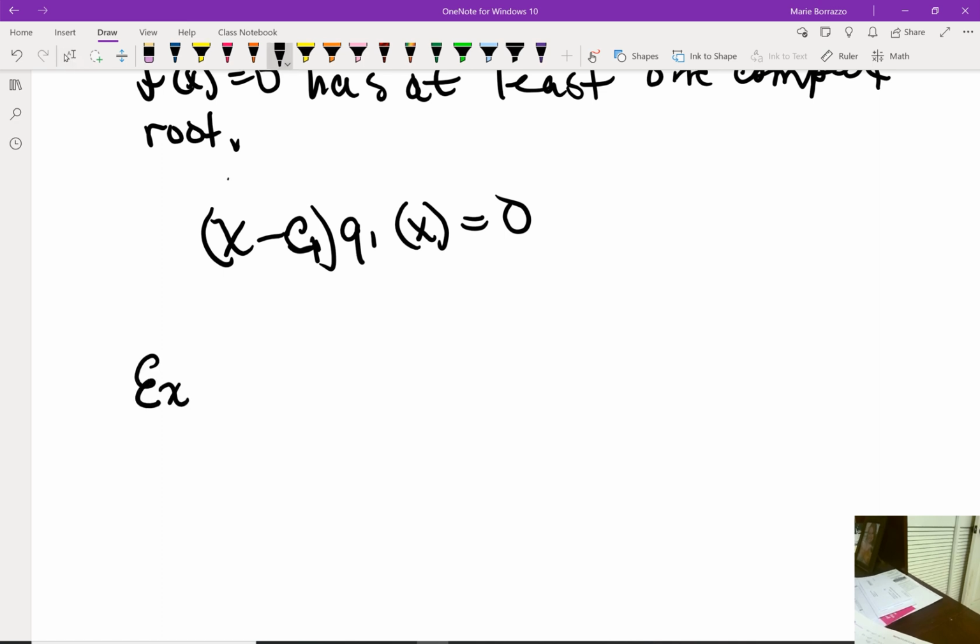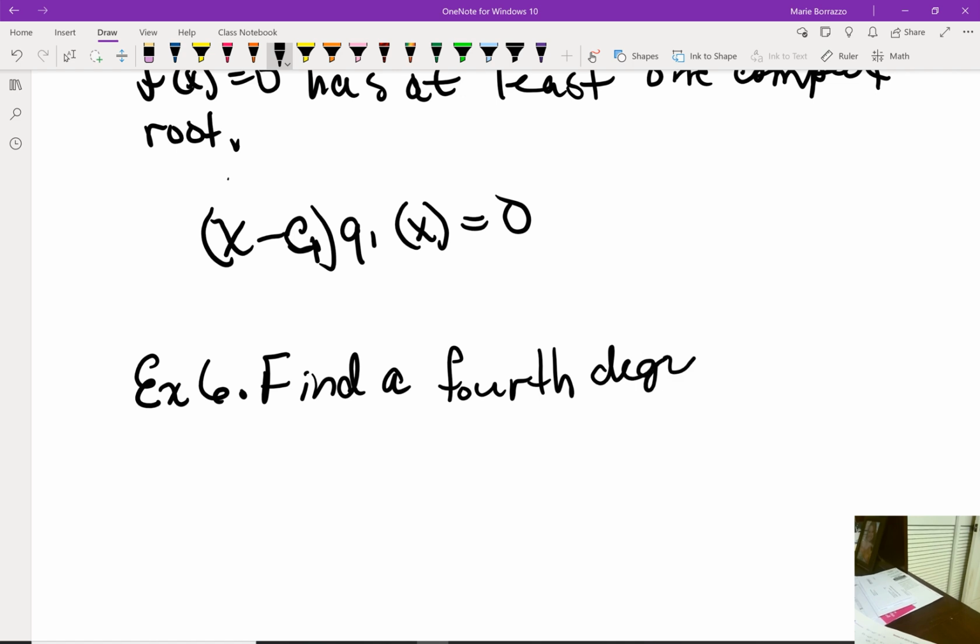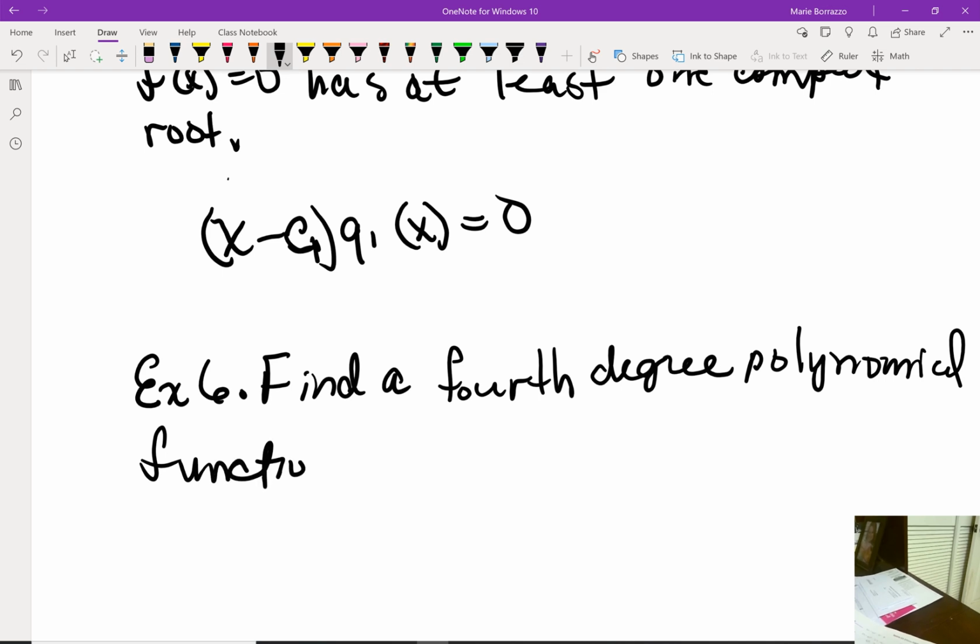So in example 6, they kind of clarify this a little bit more. So the question stem here says find a 4th degree polynomial function f of x with real coefficients